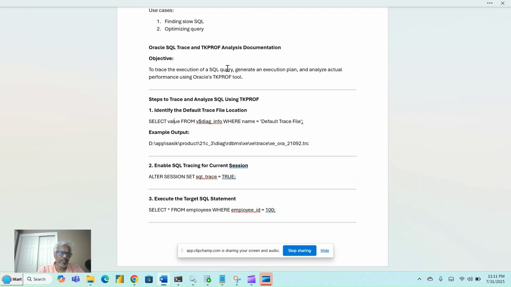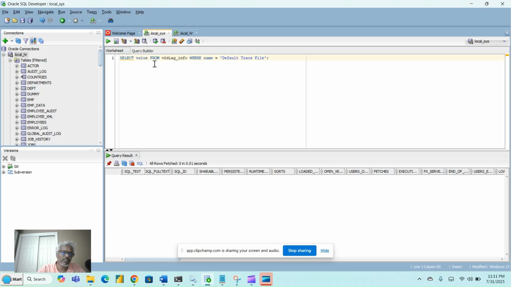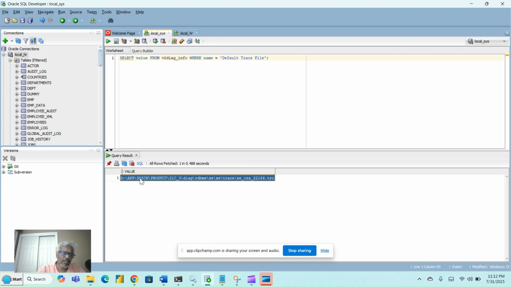When you enable the SQL trace session, this tells you which location the file will land in. For example, if I run this query, select value from v$diag_info where name equals 'Default Trace File', this is where you will find the path in which it's going to generate the file. If I go back to this location, which I already opened,